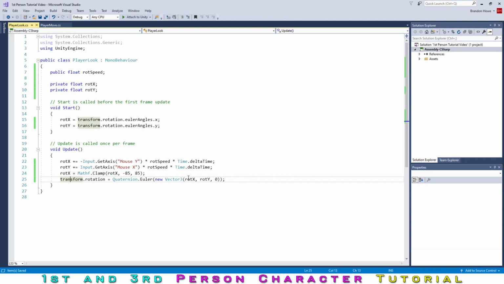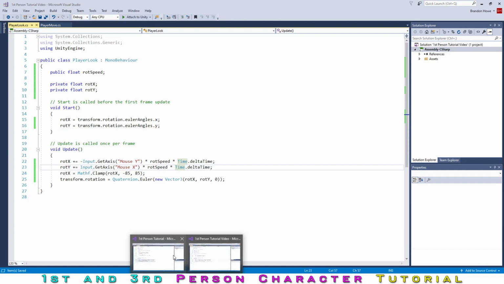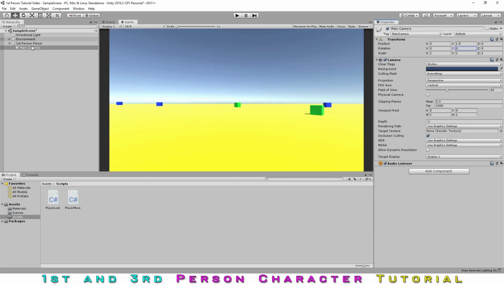So we can do that then with rotation X, rotation Y, and then the Z part is 0 because we don't want to rotate on the Z axis. So that basically should make that work. So now if we go back to Unity and then wait for it to compile in just a second,